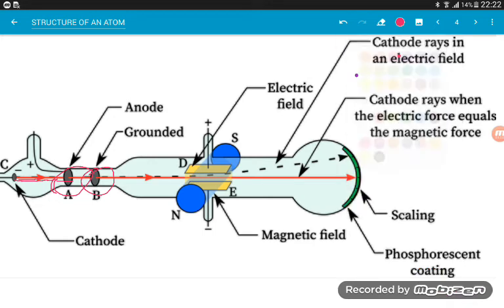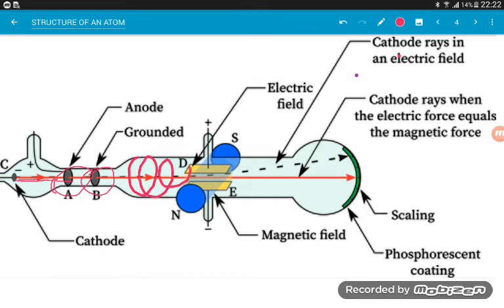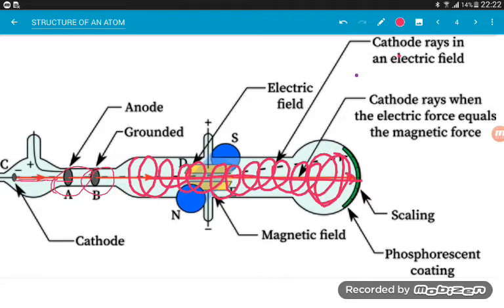Now, if you see particularly over here, the gas that is present in this cathode ray tube doesn't even affect the flow of the electrons, right? So we must understand this point very clearly: the gases present in the cathode ray tube do not affect the flow of the electrons. They always flow in a straight line. So the point can be written as: the nature of the cathode rays does not depend upon the nature of the gas taken in the discharge tube. We know that this is the discharge tube, and the gas taken in it doesn't even affect the nature of the flow of electrons, right?